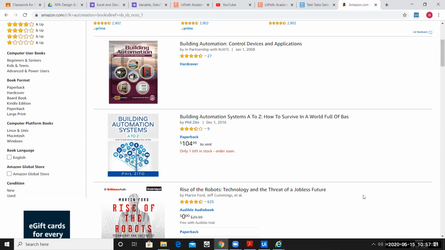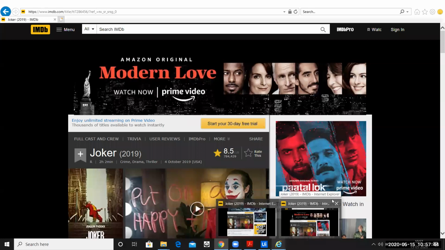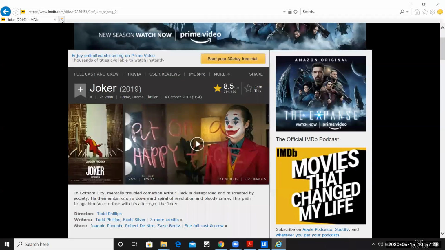So we will scrape the data from amazon.com and store it into the Excel sheet. I hope the agenda is clear. We'll open amazon.com, search for automation books, and save the entire book titles into an Excel sheet. Let us go ahead and quickly build the automation for it. Let me just open up amazon.com here.